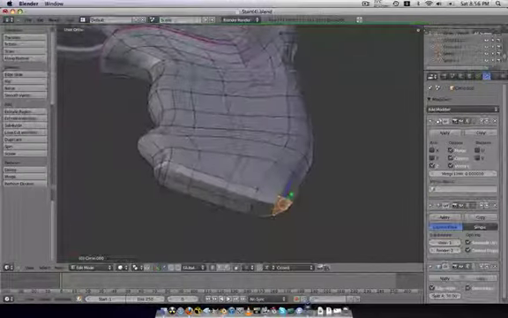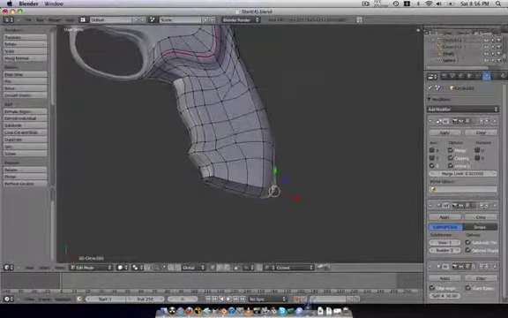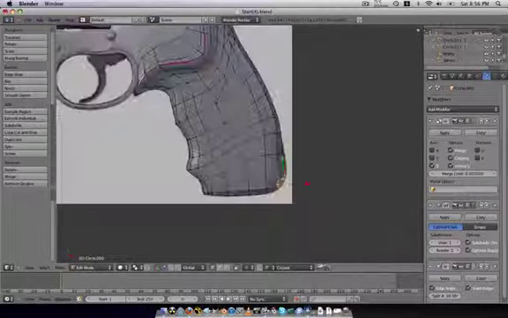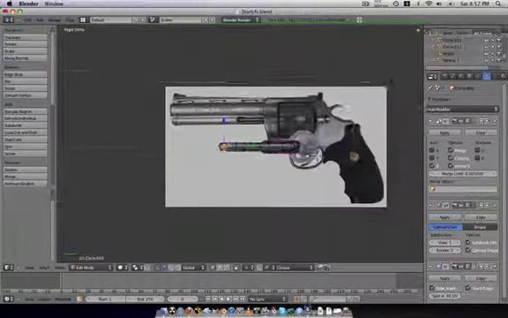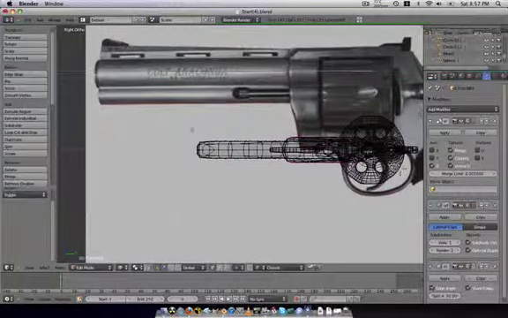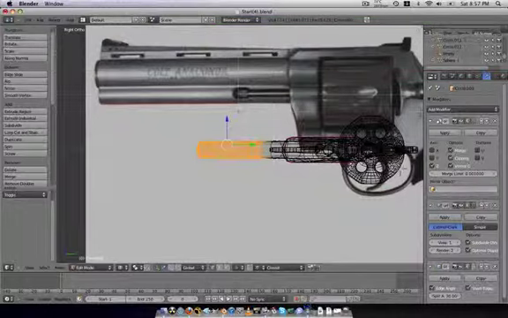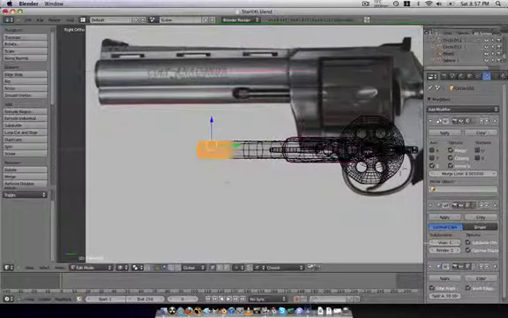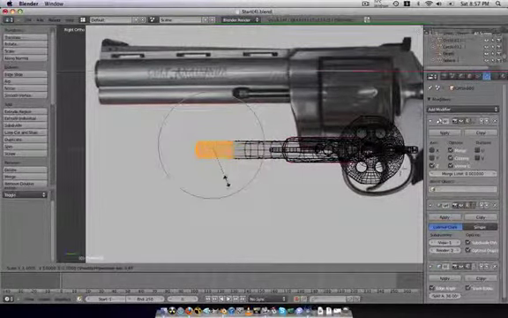Alright, and now we have a closed up, complete handle, but that handle definitely looks thicker. So we're going to Z, B, box select, B, unselect some of these, O, S,